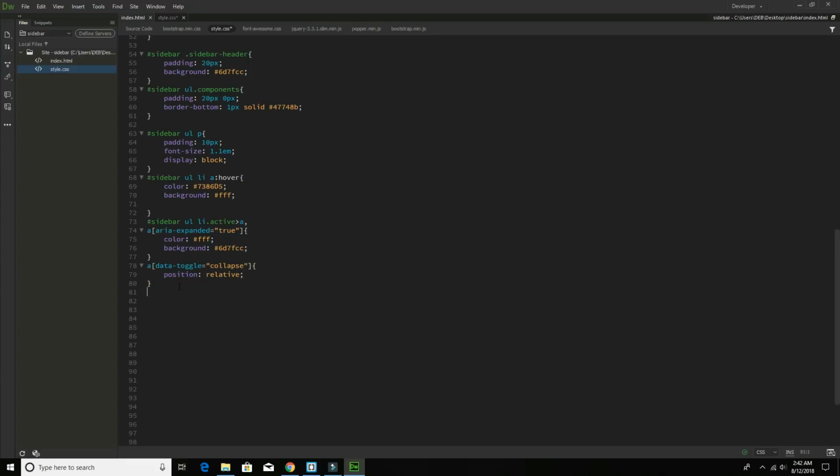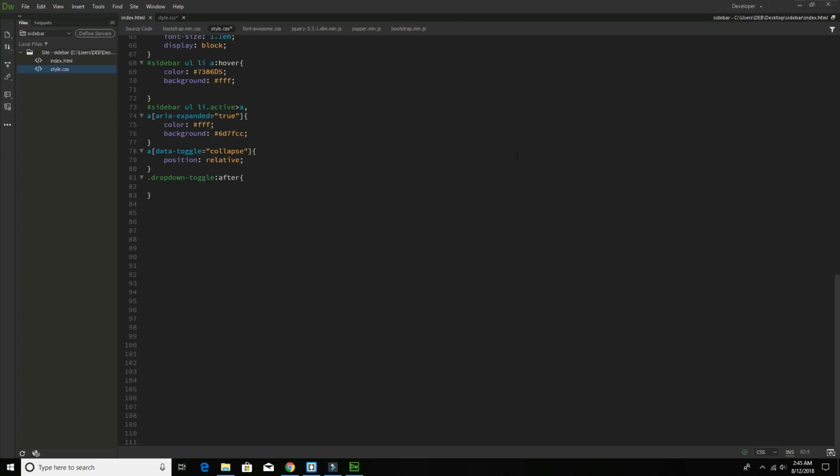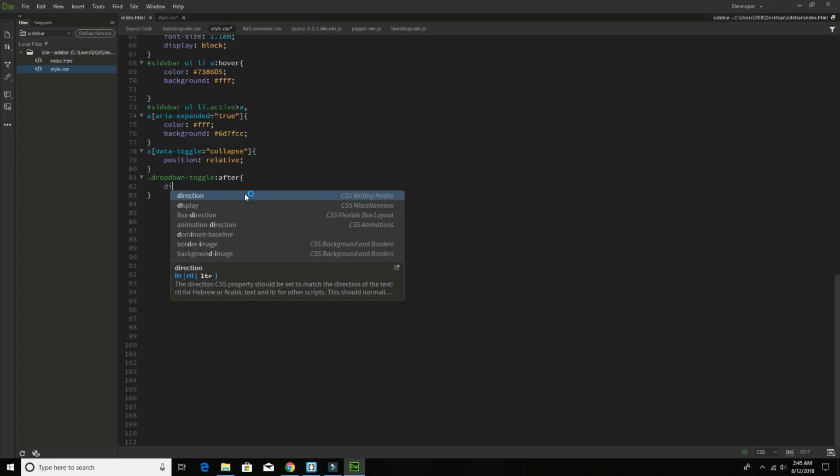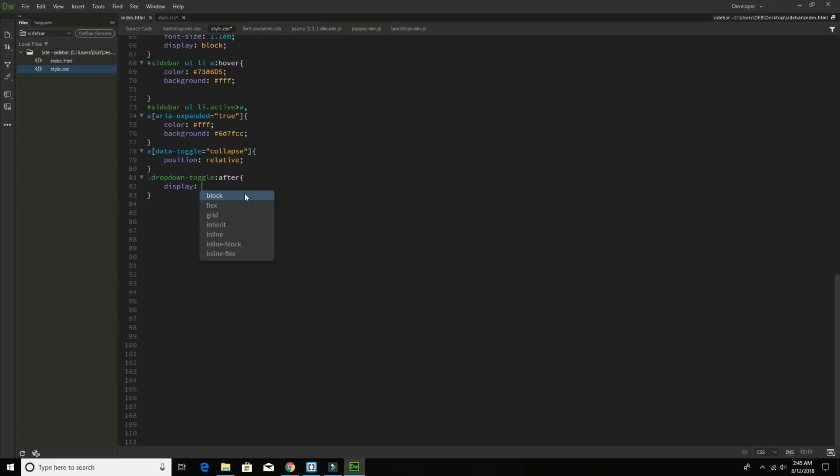After that dropdown toggle, after. So in the dropdown toggle, display block,